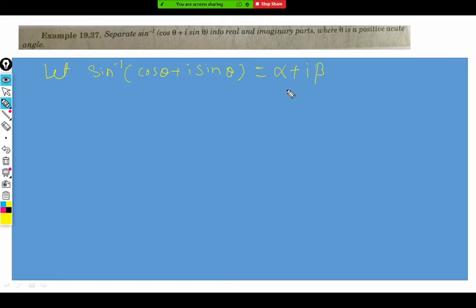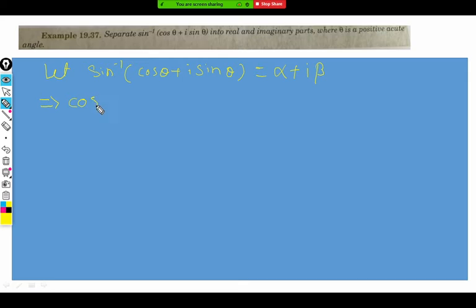It is just like the previous question, tan inverse of x plus iy. But the best part in tan inverse of x plus iy is that if tan inverse of x plus iy is alpha plus i beta, then tan inverse of x minus iy is alpha minus i beta. That is only true for tan inverse. Remember, it's not true for sine inverse. So here we cannot go that way and find alpha minus i beta. Instead, we have to take this sine on the left hand side.